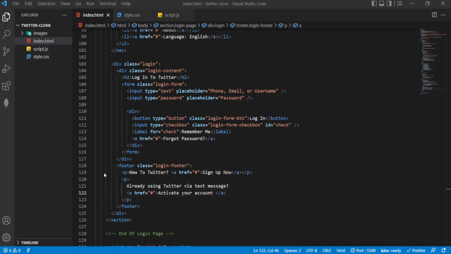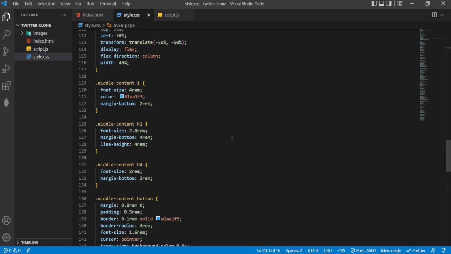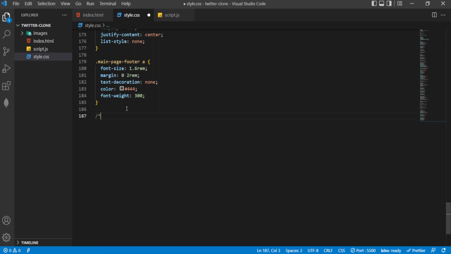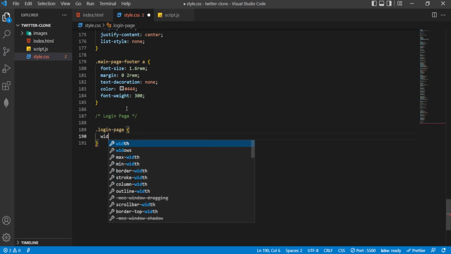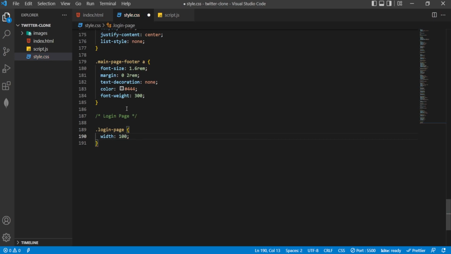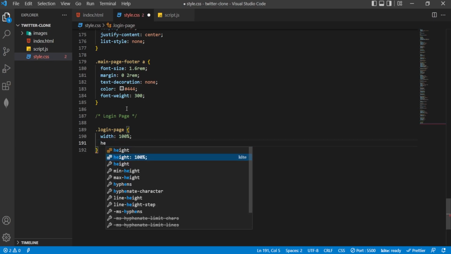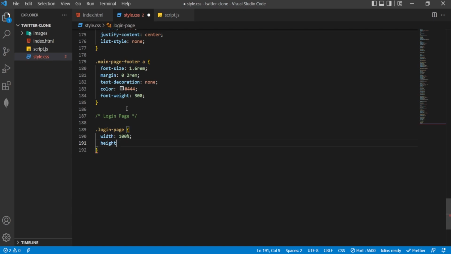So for that go to code and go to the style.css file. So first let's give a login page comment so we can easily find it later on. Now we will style the class login-page. So for that we will change the width to 100%, and then we will change the height to 100vh, and also change the display to grid,